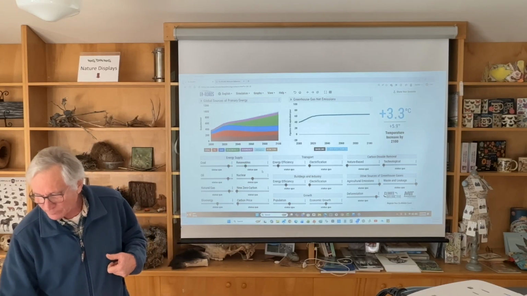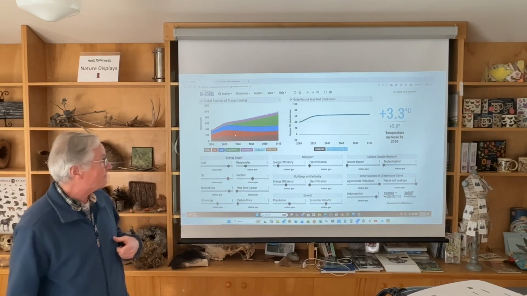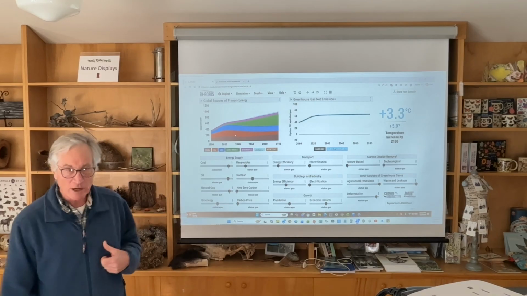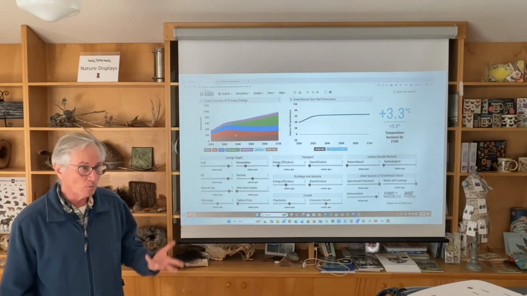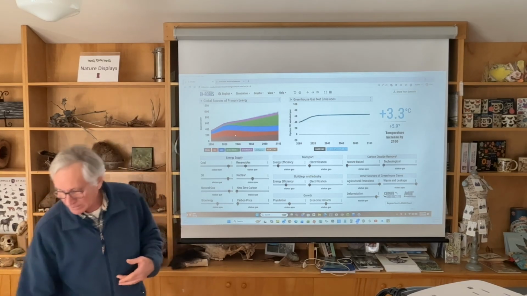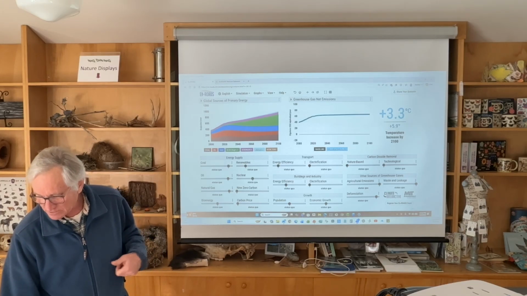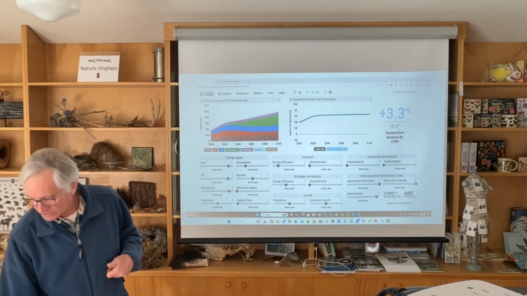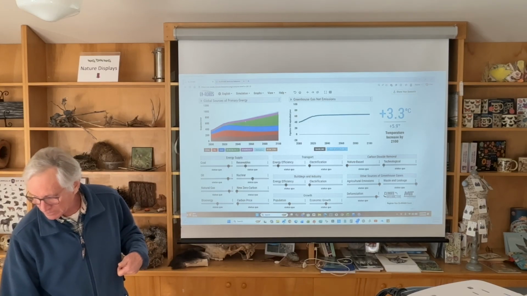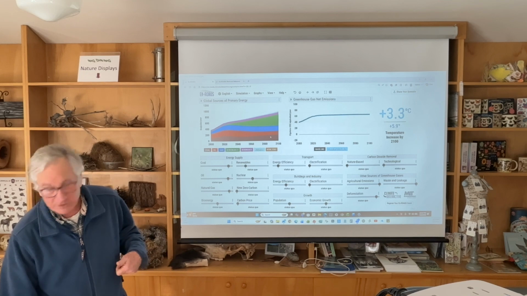So just an overview here. The graph on the left is sources of primary energy that the world uses. It includes coal, oil, gas, renewables. You can see that it's all color-coded here. Bioenergy, the pink up here. Nuclear, the thin blue line up here. And then there's a thing called New Zero, which